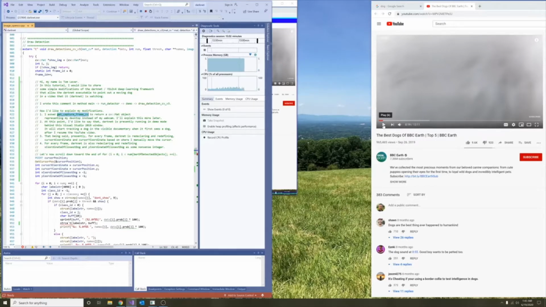YouTube video. That being said, presently, for every frame in the desktop capture, darknet is redeclaring and redefining cursor X coordinate and cursor Y coordinate based on where I manually move the cursor. Also, for every frame, darknet is also redeclaring and redefining X coordinate of closest dog and Y coordinate of closest dog as some nonsense integer,